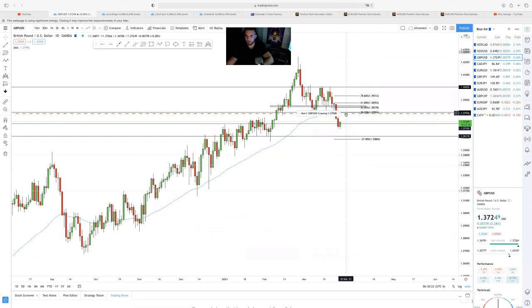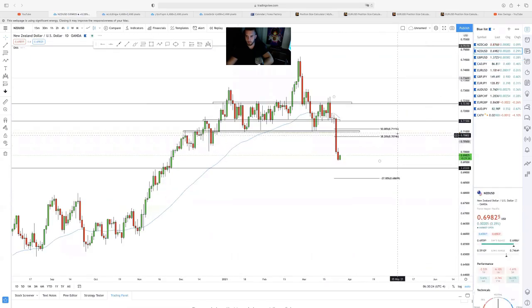Same thing here. Waiting for this retest. I have my alarm set on all of them, so it's just a matter of time till they get hit. And it's looking like today